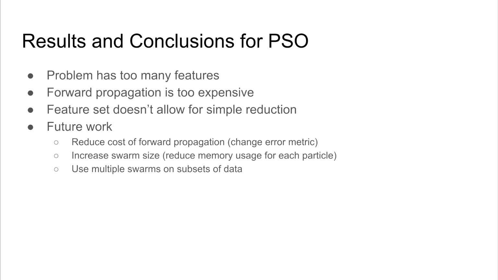And finally, use multiple swarms. Instead of having one global best, you have multiple global bests, essentially swarm squads, which go across the sample space. It might be better so that the global best still makes sense within each group, but it's able to work on subsets of the data, and then we'd have to find a way to merge those global bests together. So it's a nice algorithm, but it seems like it needs a little more tweaking to work on such a